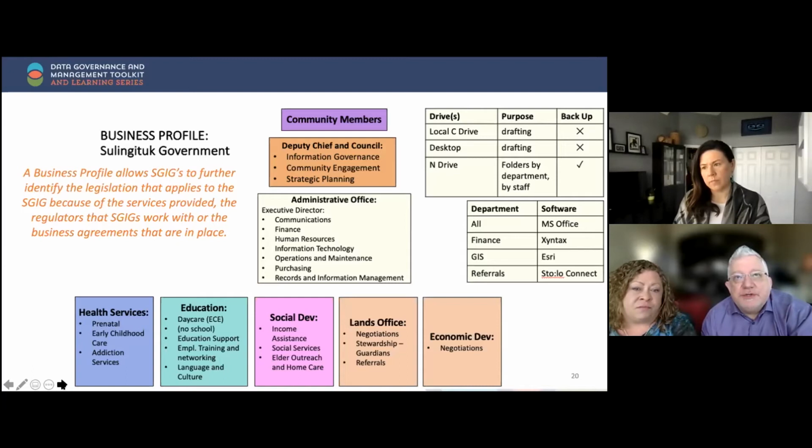Also, what this allows you to do using maps, charts, and tables, it's a good way to test your assumptions, because you may say, well, we do back up all of our computers in any format. And then if you do your business profile, you can see in the top right that not all of those computers are being backed up. And that's a concern, because without backups, we don't have the security for the data or for the protection. And we find with clients, this is a very useful exercise, because there are a lot of assumptions that folks have. And then once they go and do the profiling, they find out that they've got new information they didn't know they had, or they don't have the information that they assumed that they had.